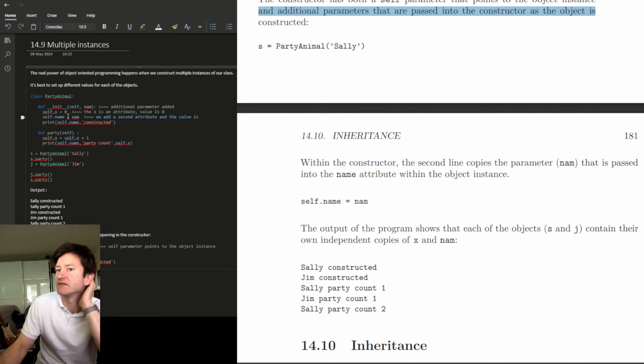So we have self.x, which is a 0, and then we have the name. And then we're gonna do another one, which is gonna +1. We're gonna just add 1, party count,